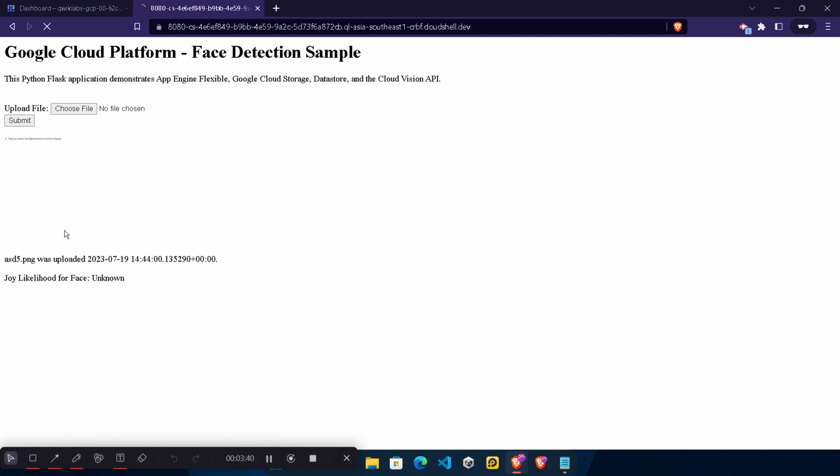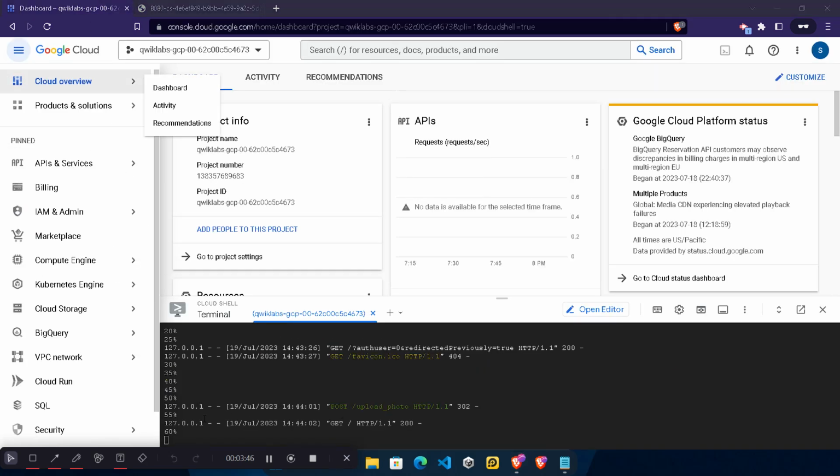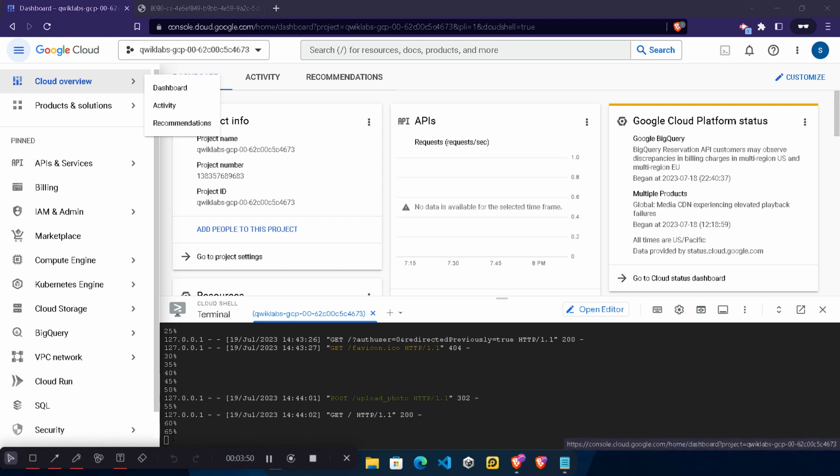Okay, it's still loading. Wait for it to get completed. You can see it's now successfully loaded. Now what you need to do, simply come back to the dashboard and wait for it to get completed. It will take around a couple of minutes to load completely. Once the 100% submission gets successful, you are good to go. After that your lab will be complete.